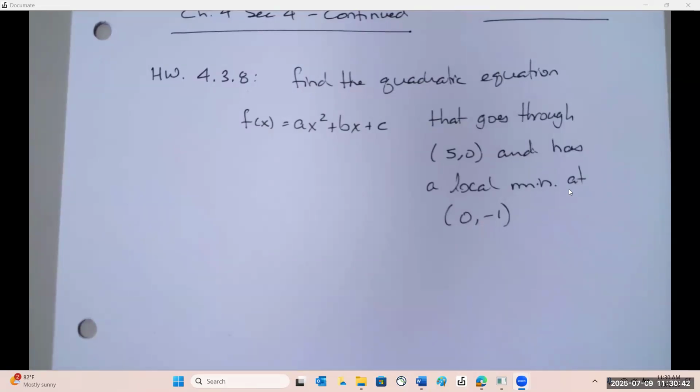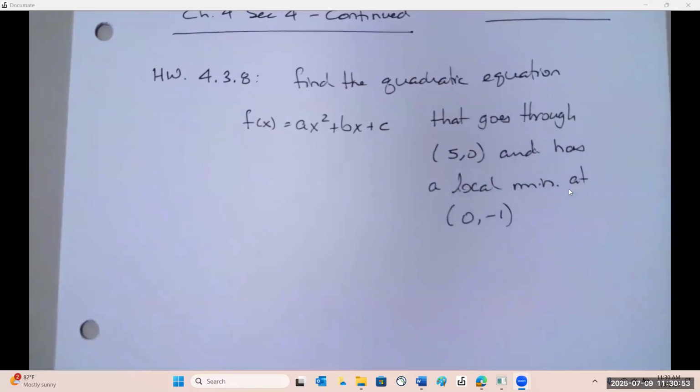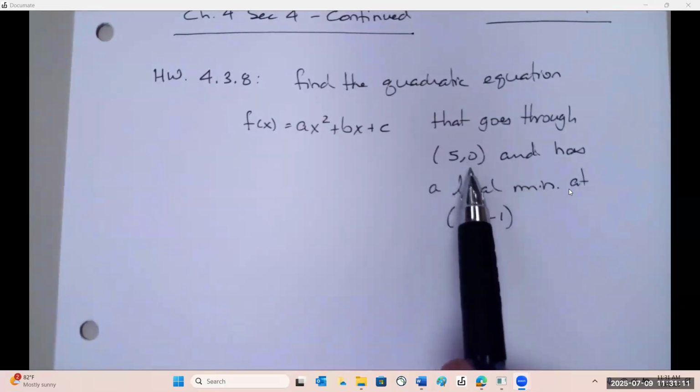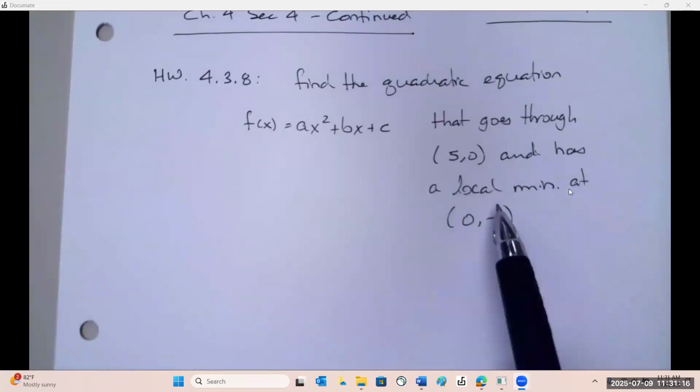So what does all this stuff tell us? What does this tell us? What if it goes through the point 5, 0? What does that tell us? What would that point look like? One of the x-intercepts. Could it be a vertex? Don't know. Well, is there another vertex? I mean, another x-intercept? If this is a local minimum at this point,